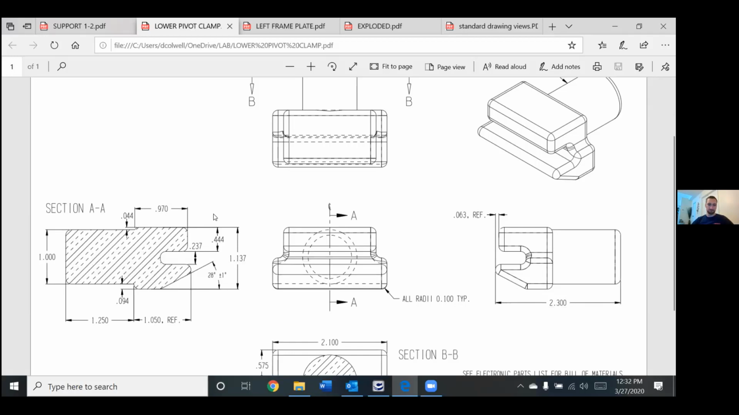And so when I said don't over dimension things and don't dimension things twice, maybe there is a dimension that isn't so important to you, but you do want the operator to be able to check it. You want them to be able to measure it. You want them to be able to know if it's in the right place. Then you might put a reference dimension on there. And what that just means is that I've already kind of said where this thing should be, and I threw an extra